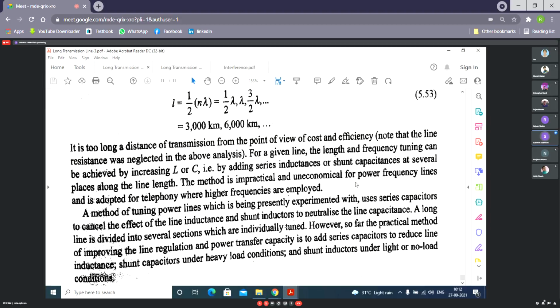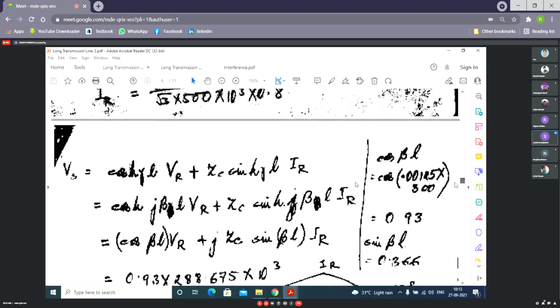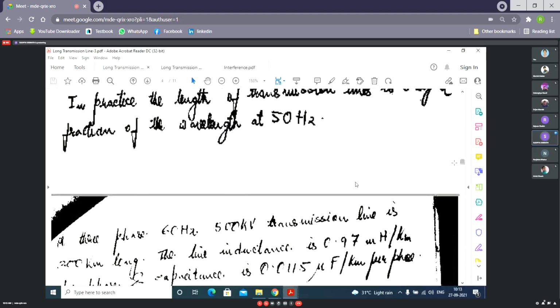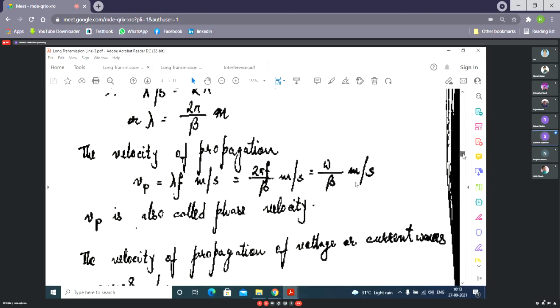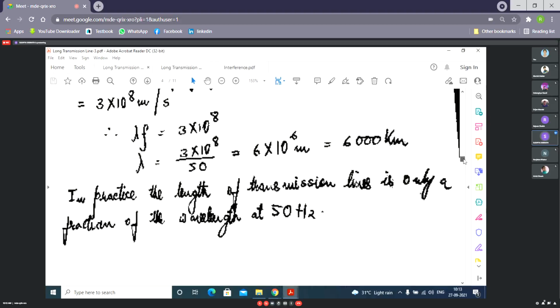It is not like that the line length is of 3000 kilometers and it is automatically becoming a tuned transmission line. Okay. So you please go through this one. These are very important to get the concept. Okay. Because in the next semester you will have detailed discussion, I think, on long transmission, on traveling wave phenomena, the reflection occurring at the receiving end of the transmission line, all many things are there. Okay, now let us go through some problems only.